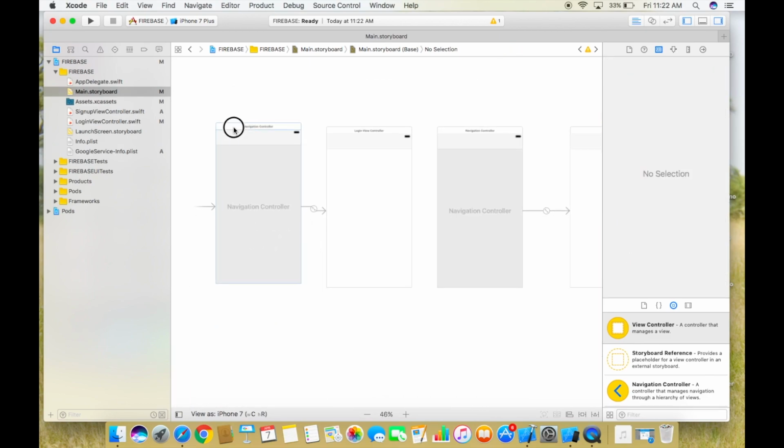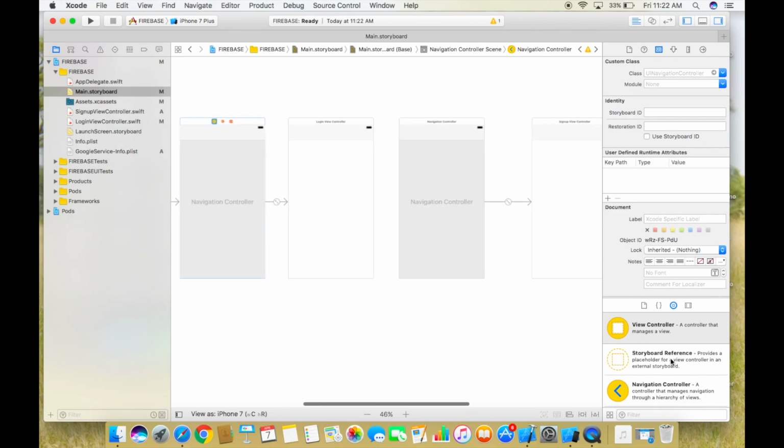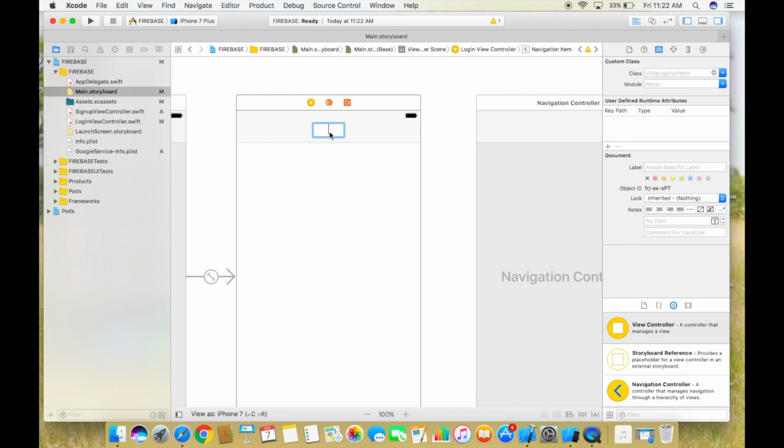And I'm just going to drag this over to here to make it a little bit nicer. Alright, so we're just going to make these UIs pretty simple. Up in the title here,